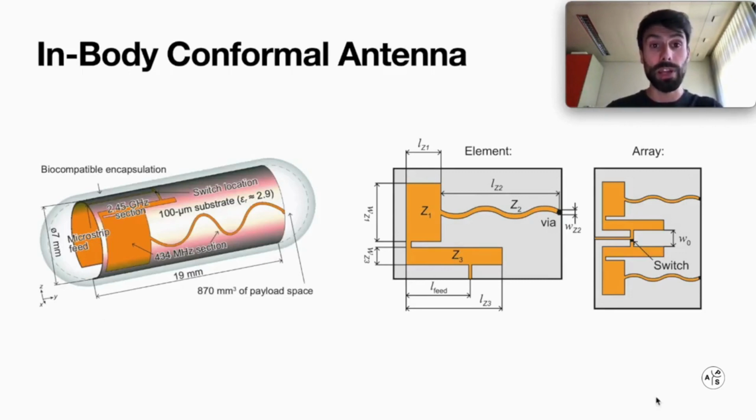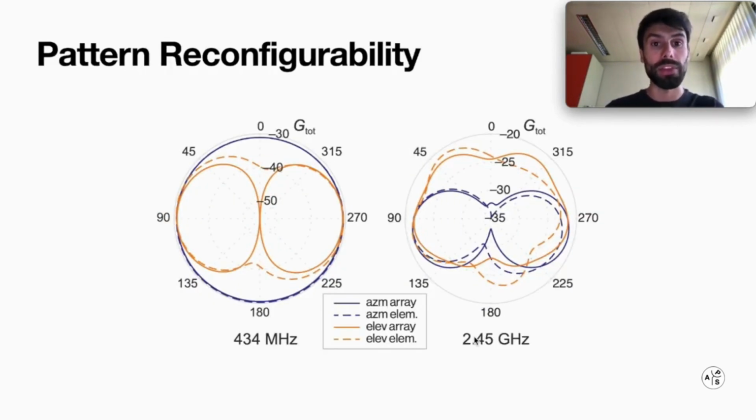It consists of an array of 2 dual-band conformal microstrip elements, and to keep the implementation as simple as possible, we used a single feed with a single switch to reconfigure the radiation patterns in both bands. For the lower band, the elevation pattern is dipole-like and the null vector can be rotated by about 15 degrees. At 2.45 GHz, the rotation is about 20 degrees. The combined gain has no deep nulls for both operating frequencies.